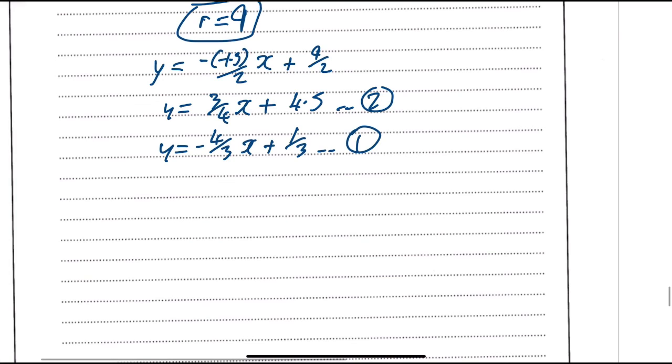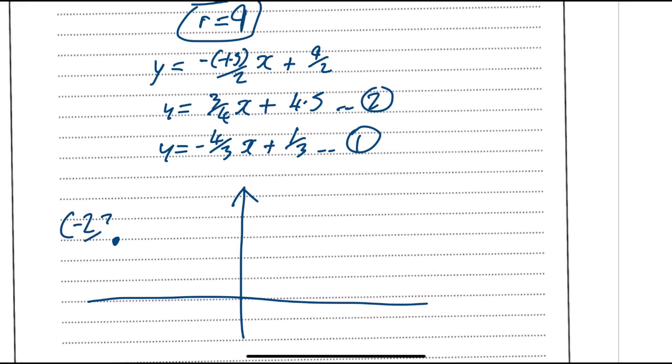And that was my equation 1. Okay, now these two lines, what the question asked us to do was find the area of the triangle bounded by these two lines and also the point which was minus 2, 3. That's where those two lines intersect. One of them cuts here at 1/3, the other one cuts here at 4.5, and the distance then is 2,